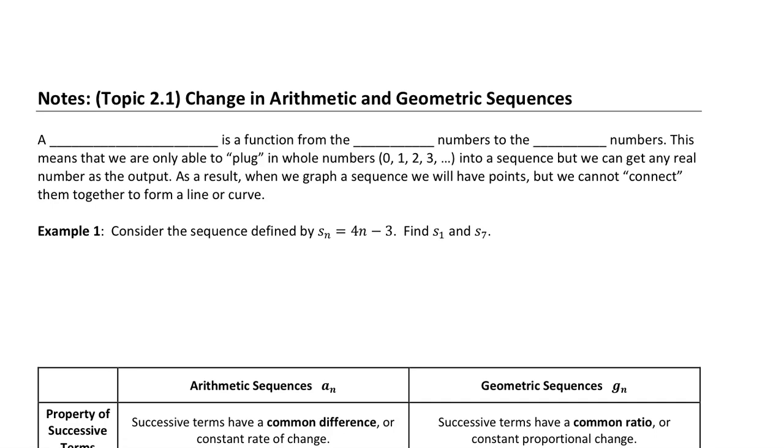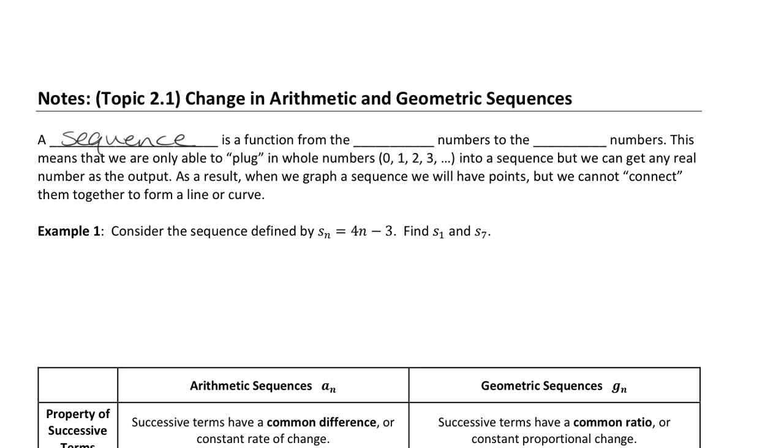Section 2.1 is titled The Change in Arithmetic and Geometric Sequences. So remember in Unit 1 we talked about the average rate of change. So we're going to start applying those ideas of how things change to sequences, which is what you guys just did in the Kahoot. So for a more formal definition, a sequence